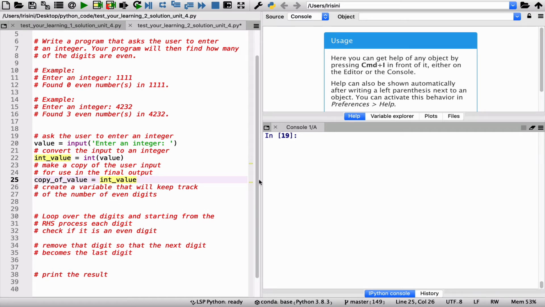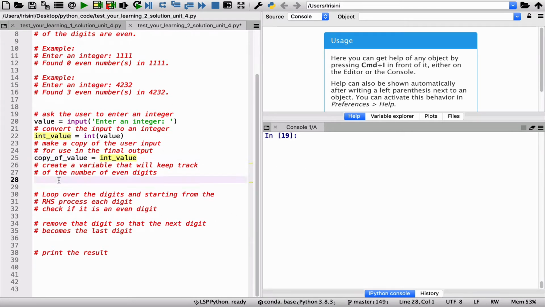Now we need a variable that will keep track of how many even digits we have come across. So count even digits, and we will initialize it to 0. Now I want to iterate over the number itself, and we're going to do that using a while loop. So if you recall, while int value is greater than 0, then we want to